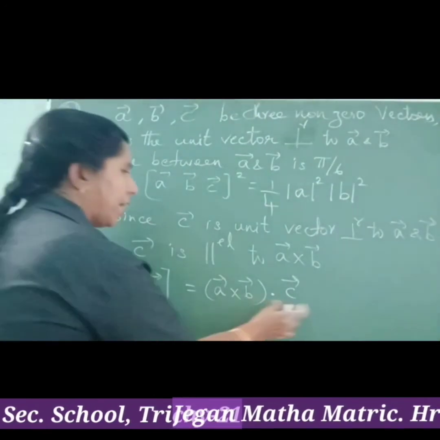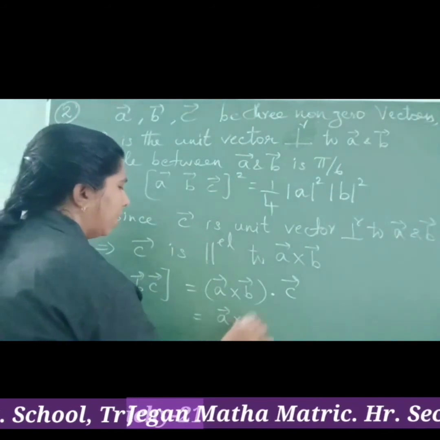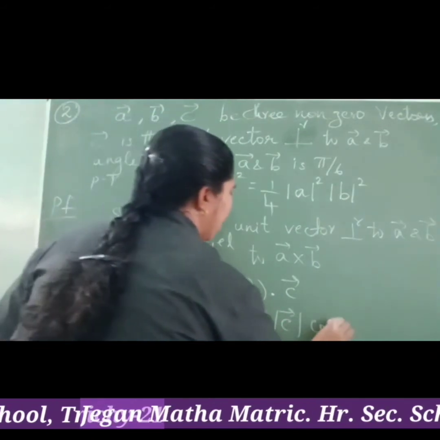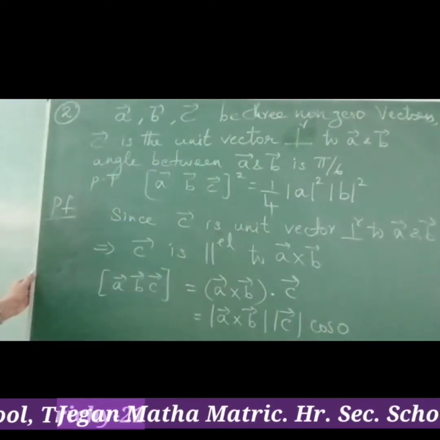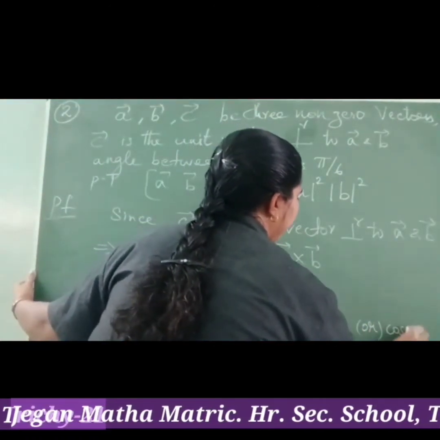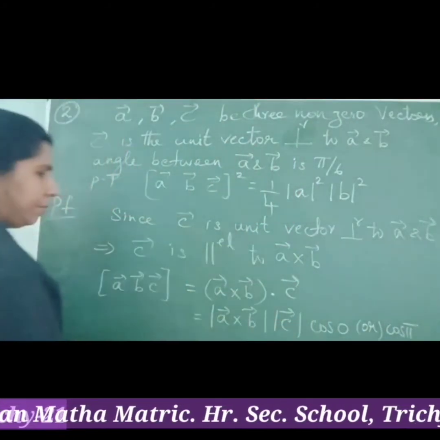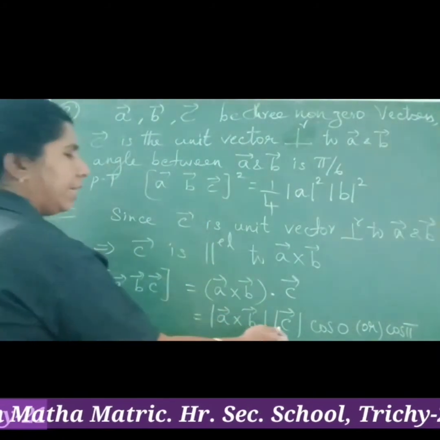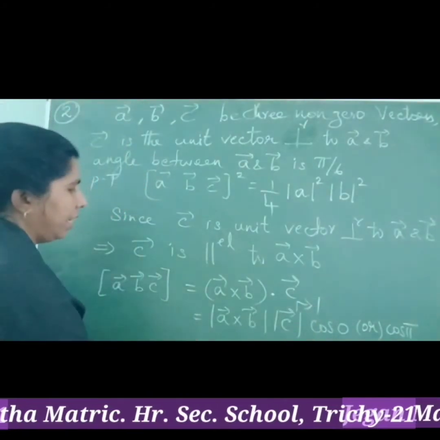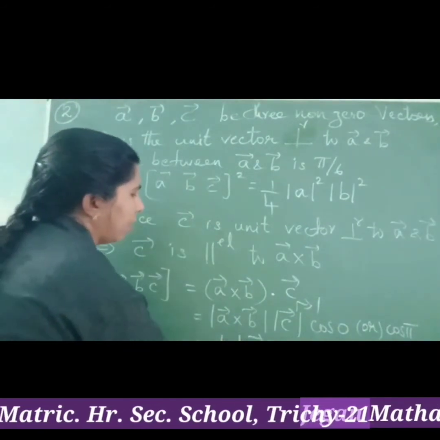Then we know the dot product of two vectors means AB cos theta. So A cross B you can write as it is C vector cos 0. That is, the angle between two parallel vectors is either 0 or pi, you can take. The angle between two parallel vectors will be either 0 or pi. In the question itself it is given C is the unit vector, so this will become 1, cos 0 also 1. So remaining we are getting, since cos pi is also there, plus or minus A cross B.